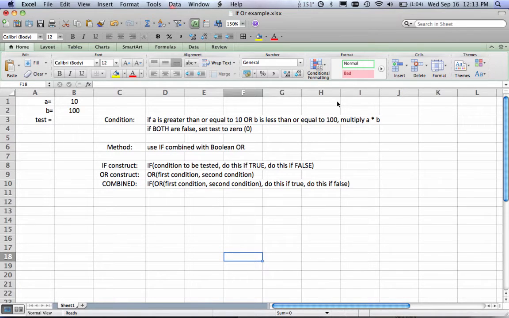Hello, this is a short 5-minute film on using the if statement and what's called a Boolean to test a condition or to test a relationship, in this case between two numbers. So as you can see here on my spreadsheet, I have two numbers, A equal to 10 and B equal to 100. The condition I want to test here is if A is greater than or equal to 10, or